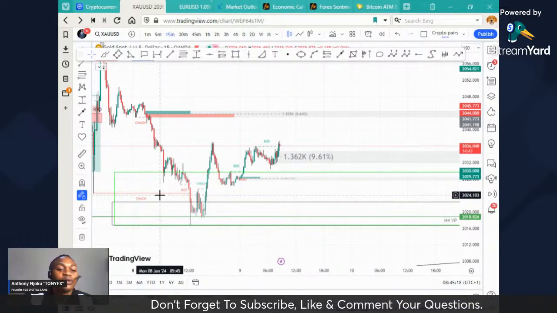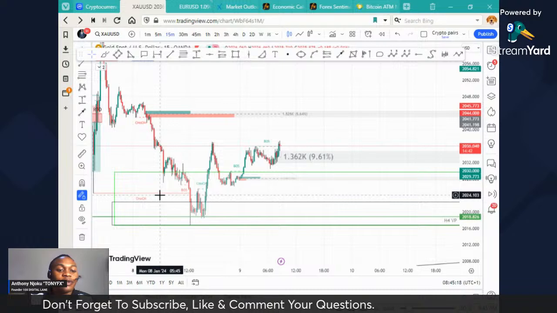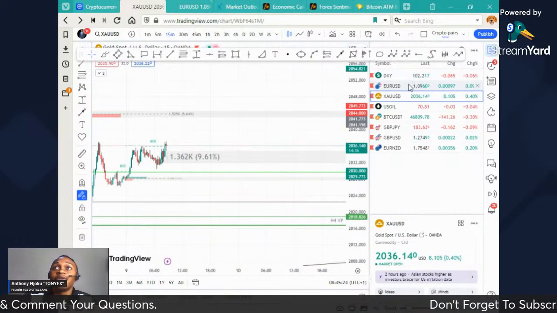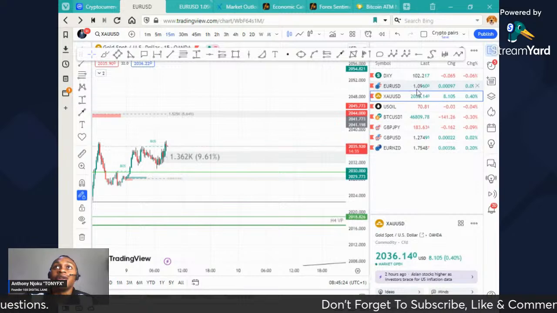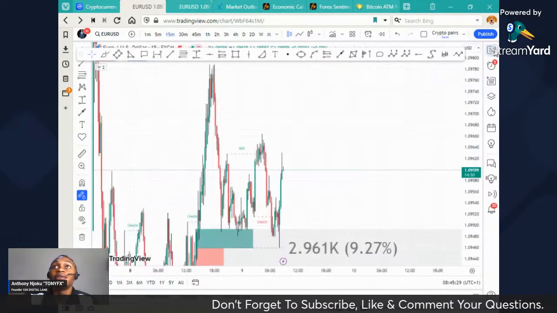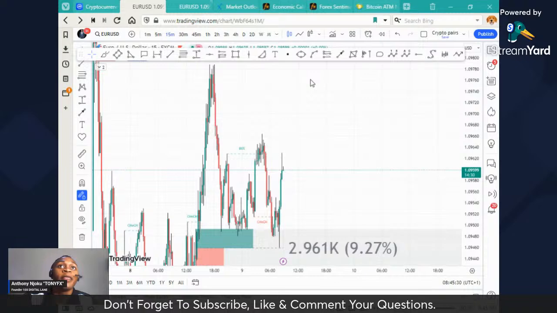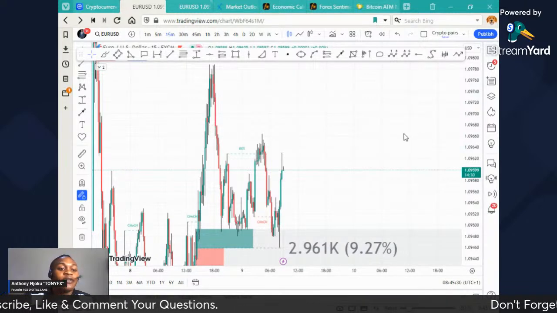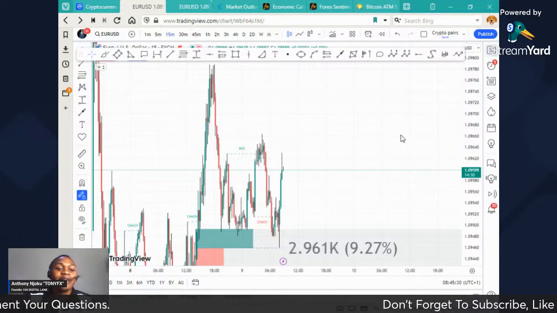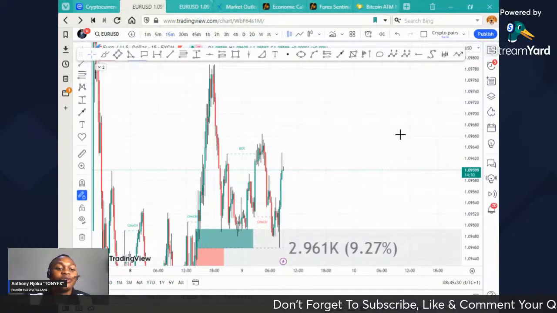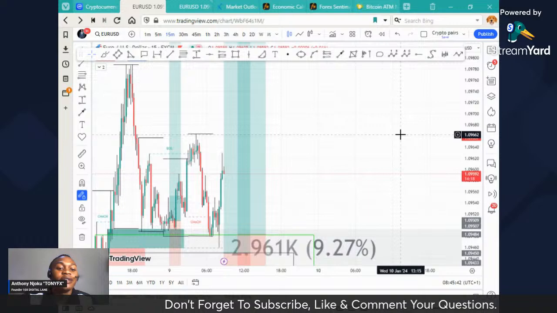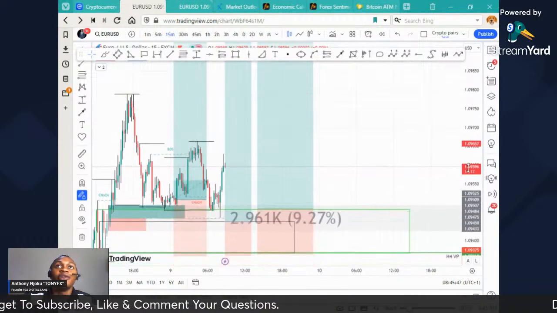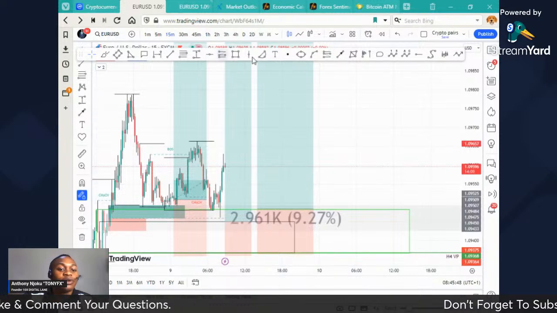Okay, so the data is minus 5.94 billion for the French trade balance, minus 5.9 billion. So let me show you what that means, everyone. For the French trade balance to be minus 5.9 billion, and the previous balance was minus 8.60 billion. So what it means is this: